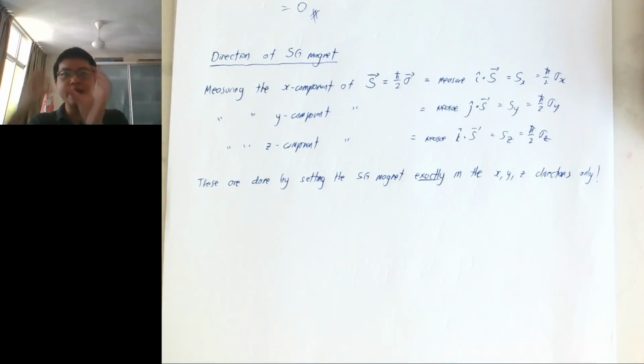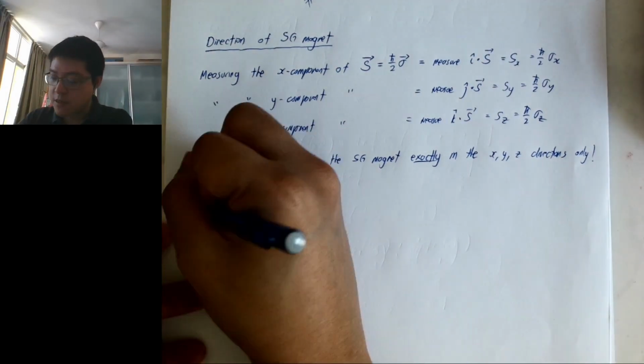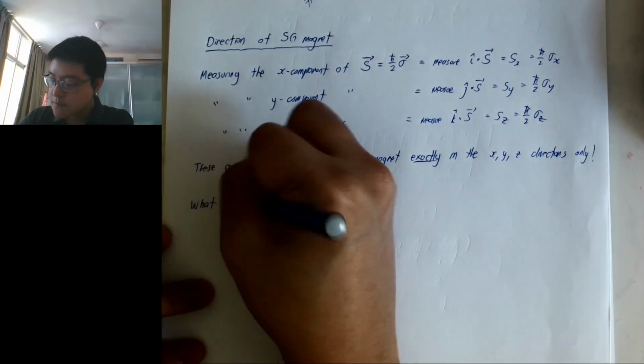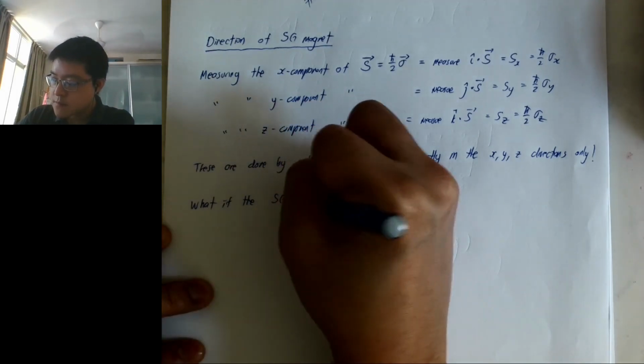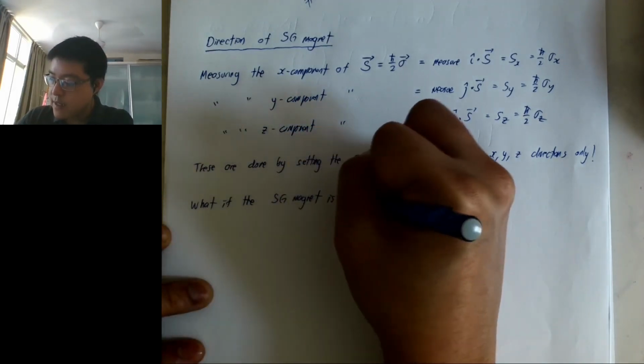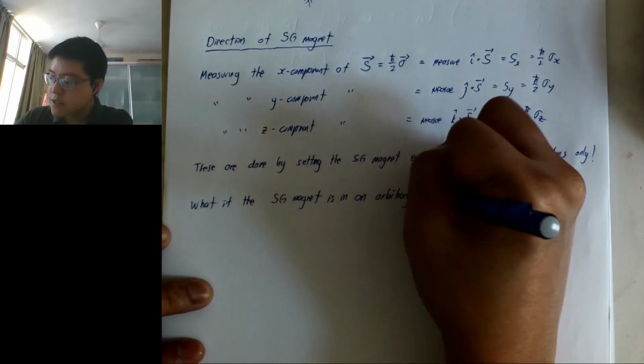But what if the magnet can be in any orientation, right? What will happen to the experiment? Okay, so that is the question that we want to address now. So what if the SG magnet is in an arbitrary direction,